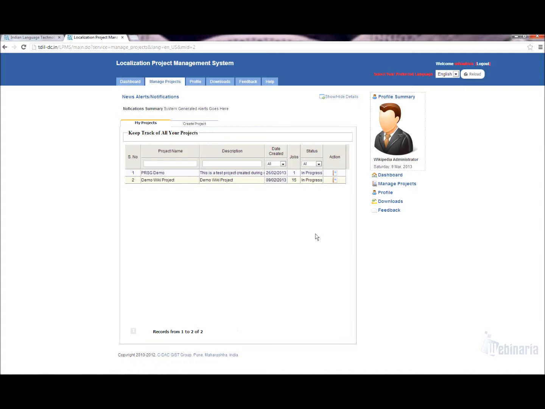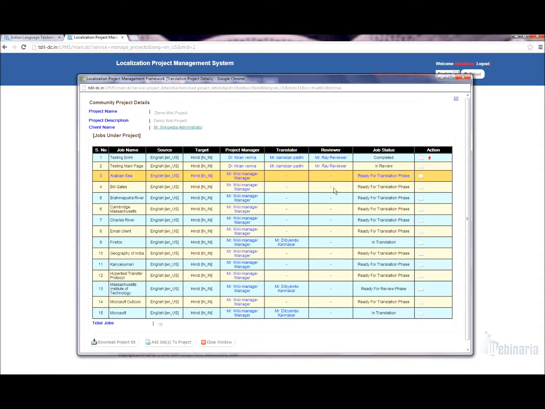If you want to see the details of a particular project, you can do so by using the Project Details link. It will open a pop-up containing the details of the project along with the details of the various volunteers working on particular jobs. You can also track the job progress as per their ongoing status.